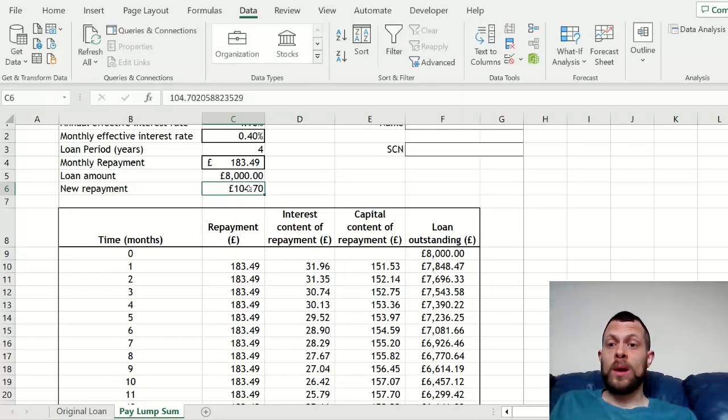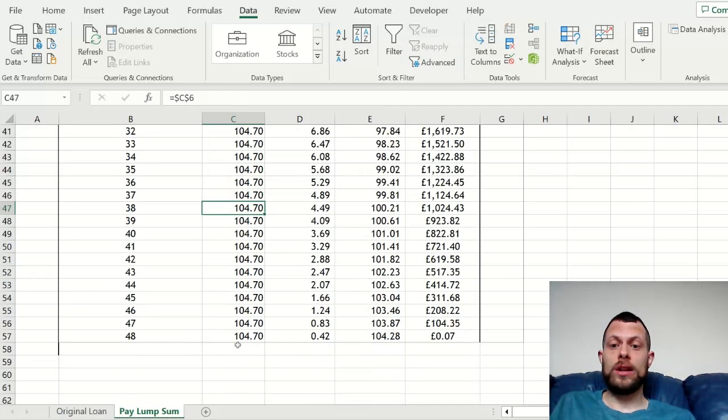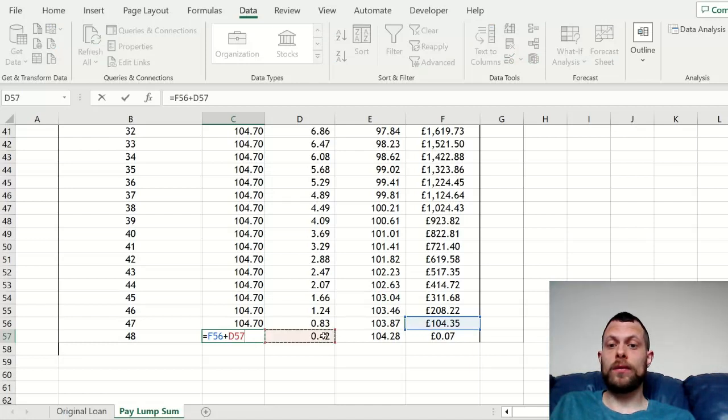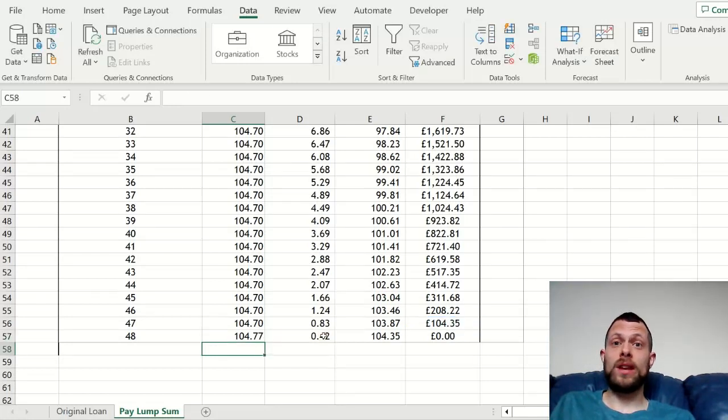Once we're done, we will round the new repayment. Now you can round it up or round it down. We'll see what happens in both cases actually. So I'll round this down to 0.70, and now we need to adjust the final repayment, final balance plus final interest. So we see that the final repayment would be slightly more at